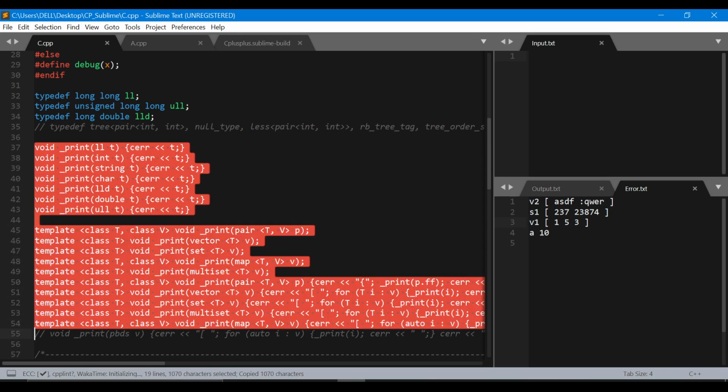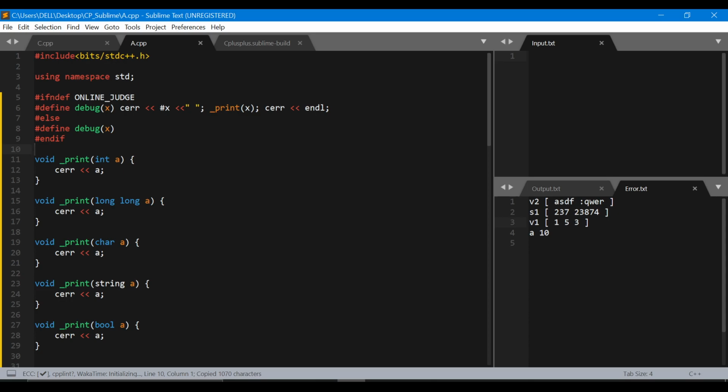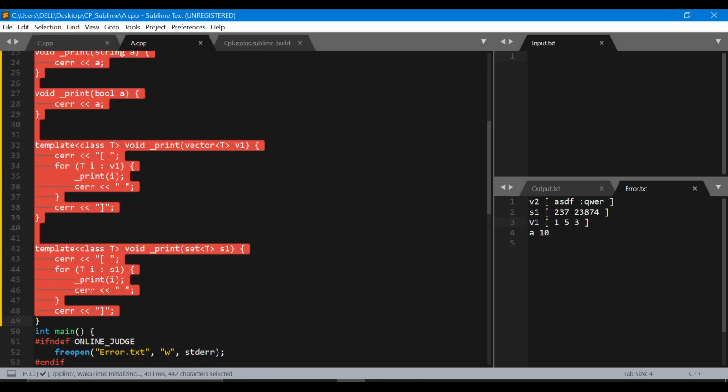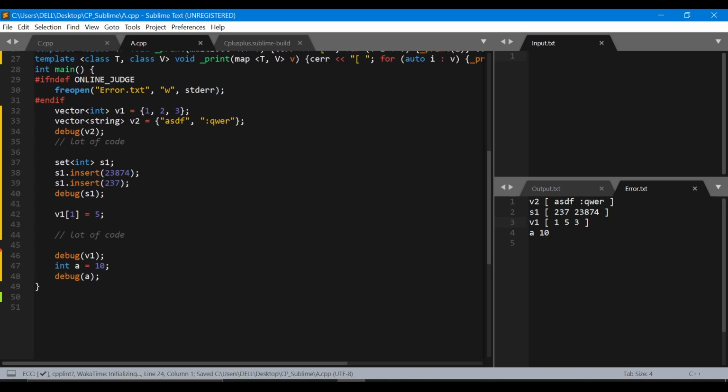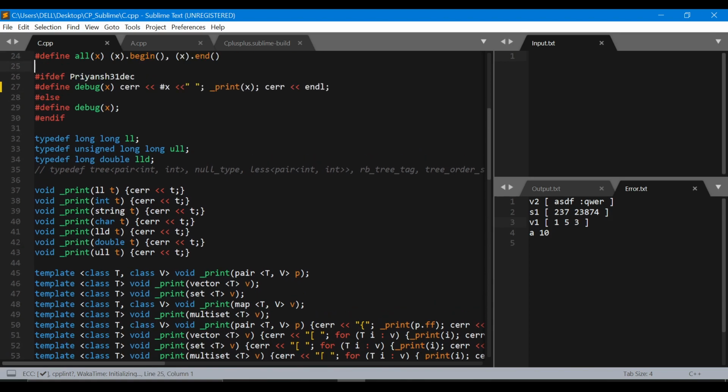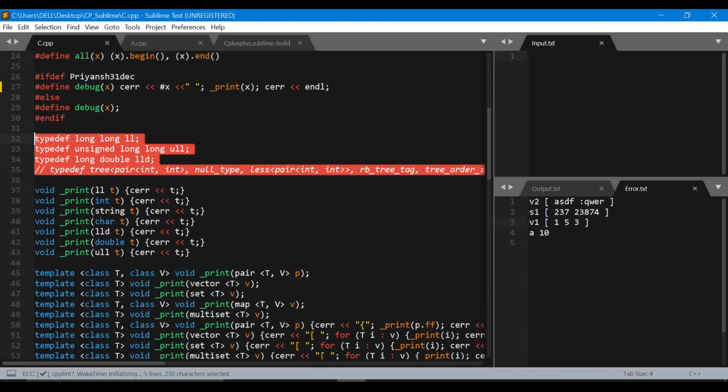Okay. So I'll copy it and paste it here. And I think most of it is using some sort of typedefs. So I'll have to copy my typedefs as well.